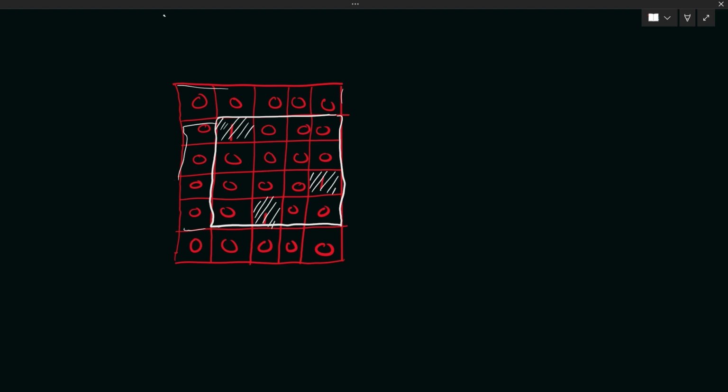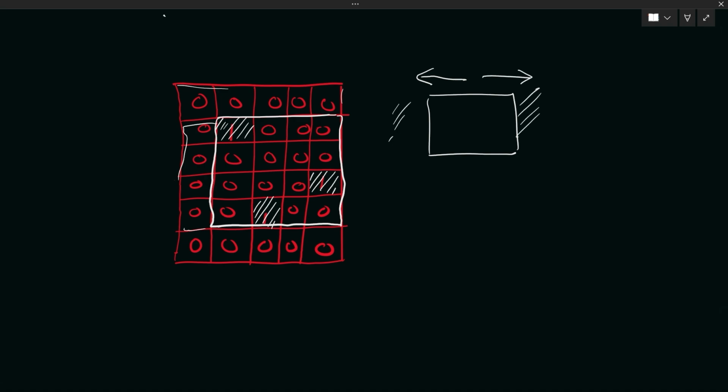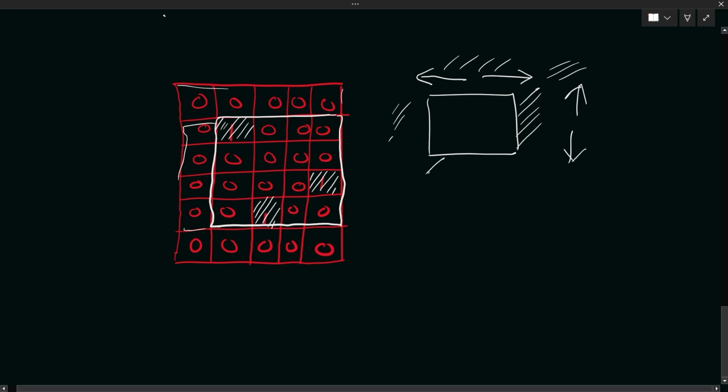consider this. Now let's try to make some observations here. We can see that for a particular rectangle it should cover all the ones. Hence we have to stretch this rectangle towards the left till there are some ones present over this side, and similarly we have to stretch it in the right direction till we have some ones in this place and we will cover them, and then similarly for the top direction also we will extend it till we have some ones present in this direction, and again same for this bottom direction, which is we will extend it till we have